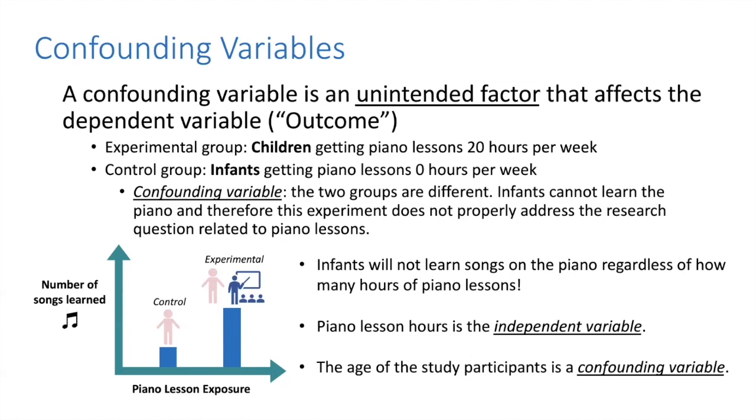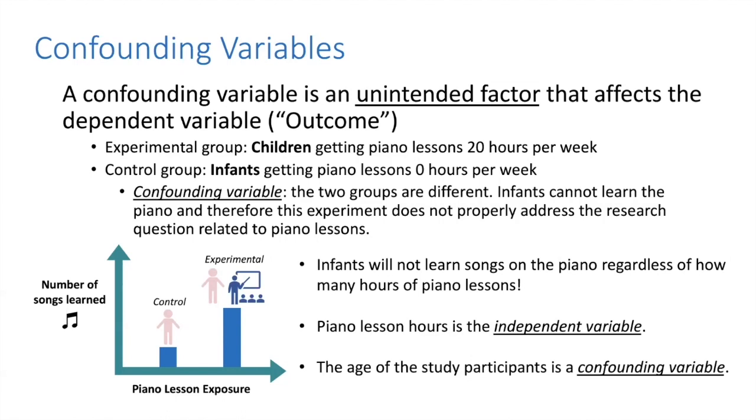The experiment is then broken into 2 groups, experimental and control group. The experimental group is children getting piano lessons 20 hours per week. The control group is infants getting piano lessons 0 hours per week. The researchers were interested in testing if the amount of time or hours of piano lessons affected the number of songs learned. We then need to consider if there are other confounding variables or unintended factors that might affect these